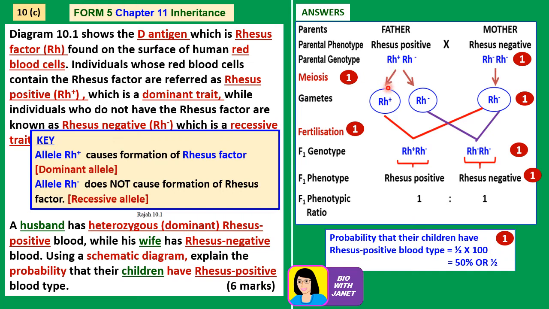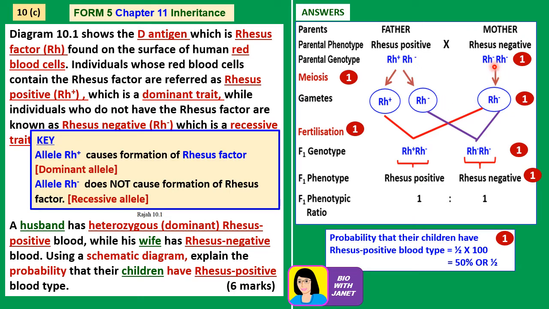And then inside we put the allele. Okay, so separate the Rh positive allele from the Rh negative allele. Because in meiosis, homologous chromosomes will separate and move to opposite poles, carrying the alleles with them. So these two alleles will separate during anaphase 1 of meiosis. Now for the mother,